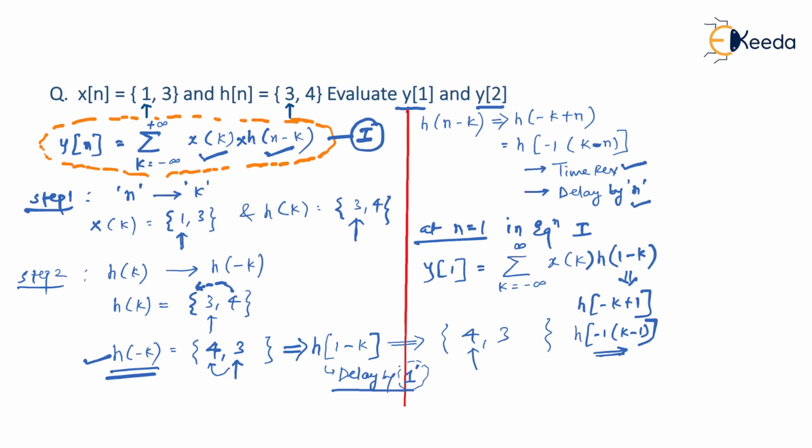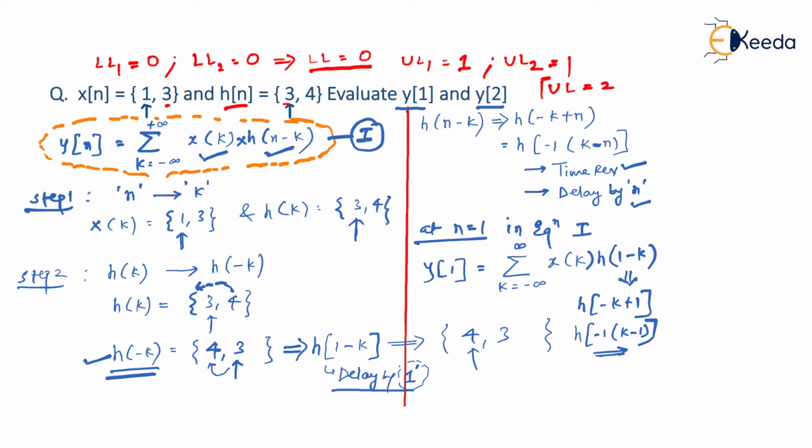So this was the previous sum. Just by observation, see what is lower limit 1? It is simply 0. Lower limit 2 is also 0 because h of n is also starting with n equal to 0. So if you just add them up, the lower limit will become 0. If you see its answer, y of n, it's starting at the n equal to 0 position. I'm sure you must have written the sum so you can verify it yourself. Similarly, upper limit 1, for x of n, it ends at n equal to 1. For upper limit 2, we have to confirm for h of n, that is n equal to 1 only. So 1 plus 1 becomes 2. So the upper limit for y of n, you can verify, is 2.